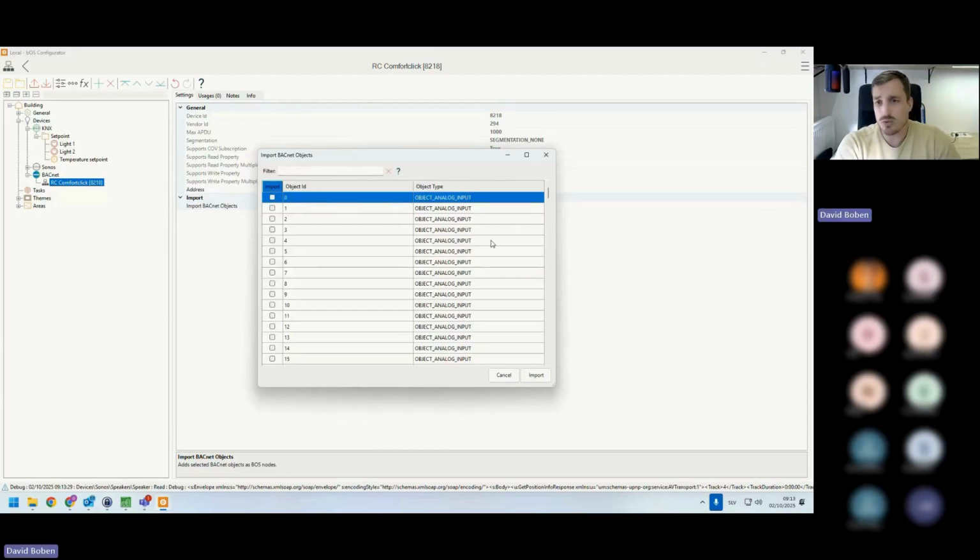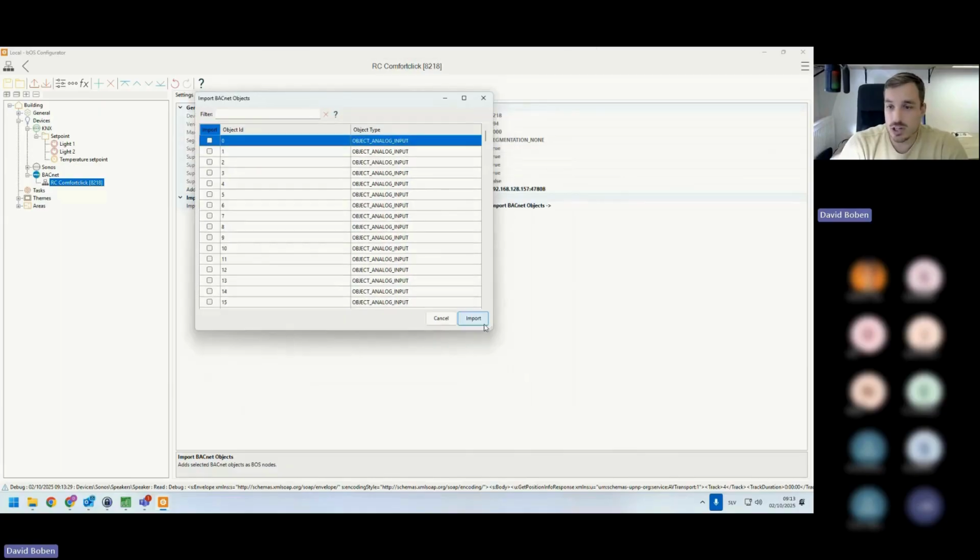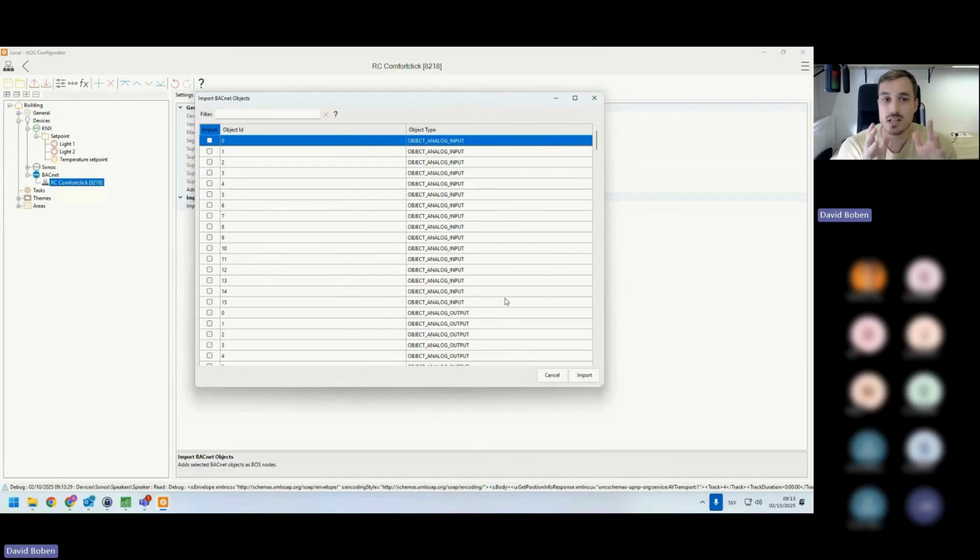We can see that BACnet has responded, and this particular board behind me has all of these addresses and options for us to control the device. At this point, when it comes to the current version of bOS, there are some minor things that we are going to be improving. First, we are going to be adding the select all option, because currently it is a little bit of a trick that you need to do in order to select